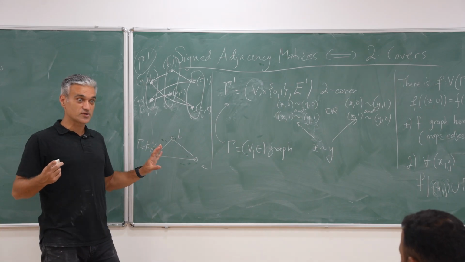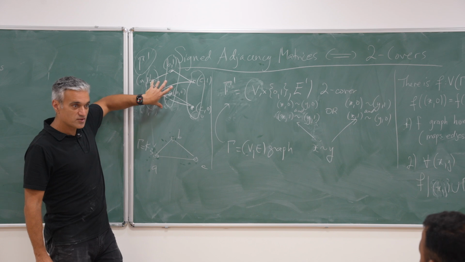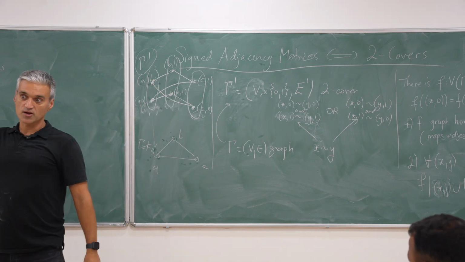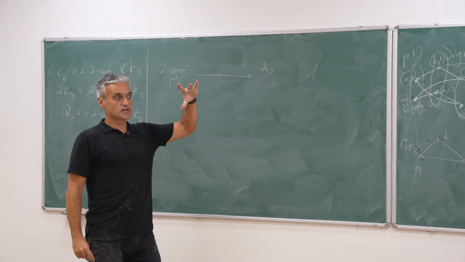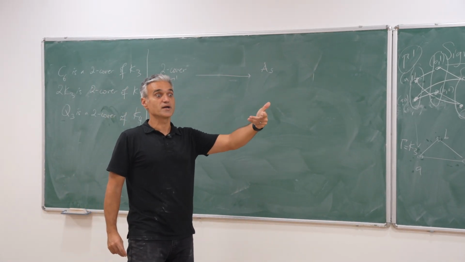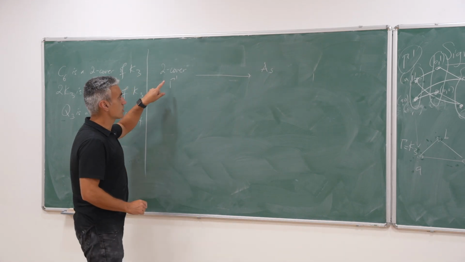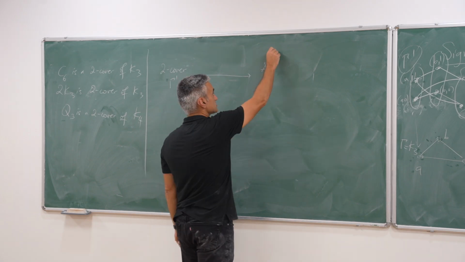So this is where the connection is going to be, because for each edge, I choose to have these parallel edges or to have them cross. It will be something similar now for the sign adjacency matrix. I choose to either make the entry in that position, or change the ones to -1s. That's going to be the game. So if I have a two cover gamma prime, I'm going to make a sign adjacency matrix